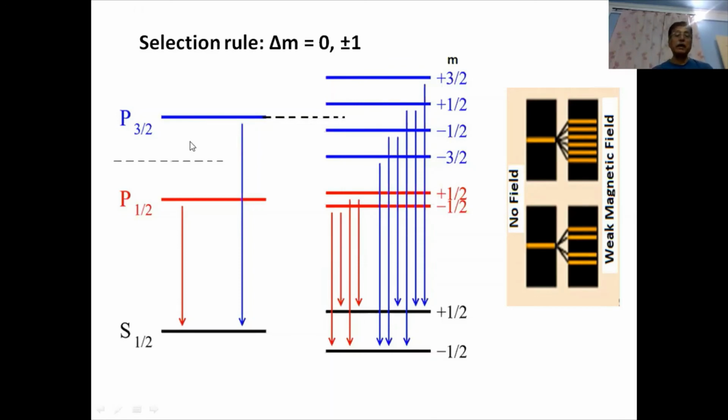Earlier we had 1 transition from here and 1 transition from here. We had a doublet. And now we have 10 lines present in the spectrum when the atom is subject to a weak magnetic field. Now the same can be seen over here, that we had these two lines, and now these lines are split into 4 and 6, that is 10. That is, with no field we have these two lines, and in the field we have 10 such spectral lines present.